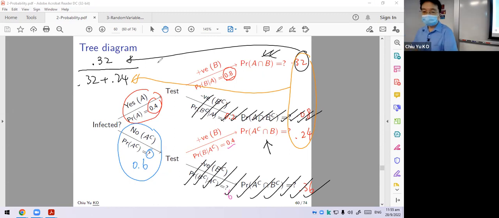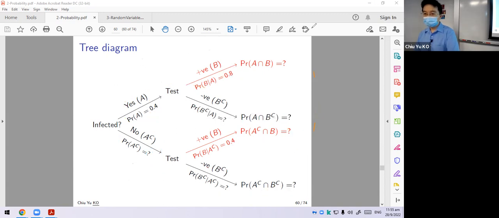Okay, if there's no question, then we will say goodbye to our Bayes theorem. Okay, and then we will